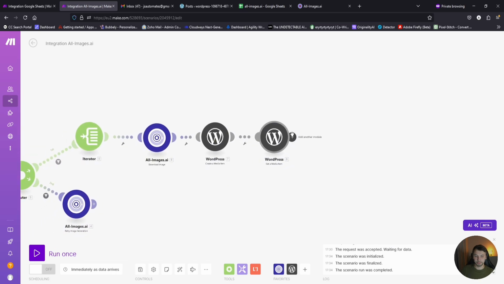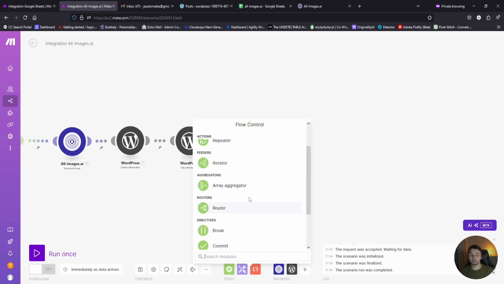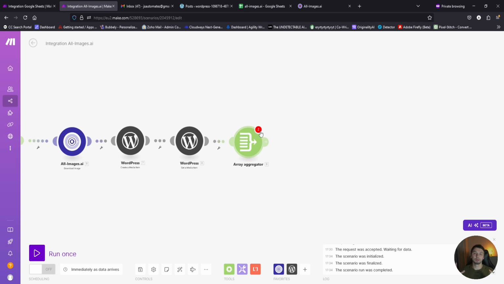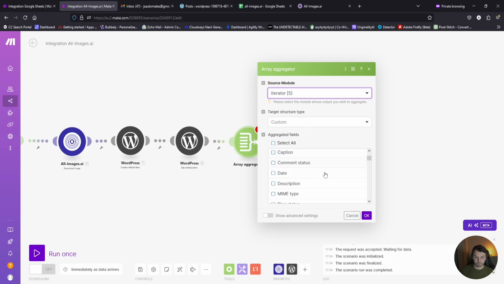Okay, and after this we're going to add an array aggregator module that's going to aggregate all the data from WordPress into one bundle. So the source module will be iterator because we don't need to repeat any more steps, so it closes the chain of iteration with this module. And what we need to get from this is the source URL, because we're going to use it when creating our blog post. So okay,